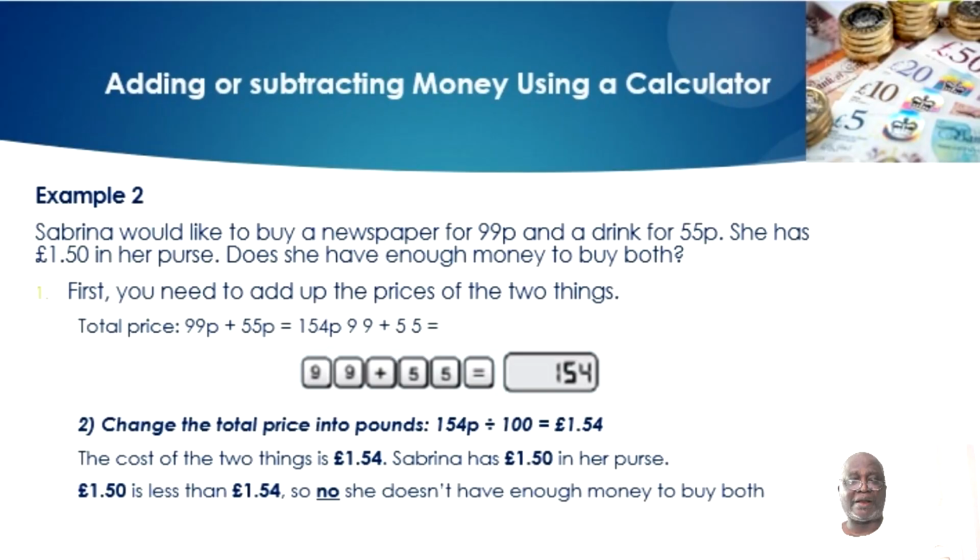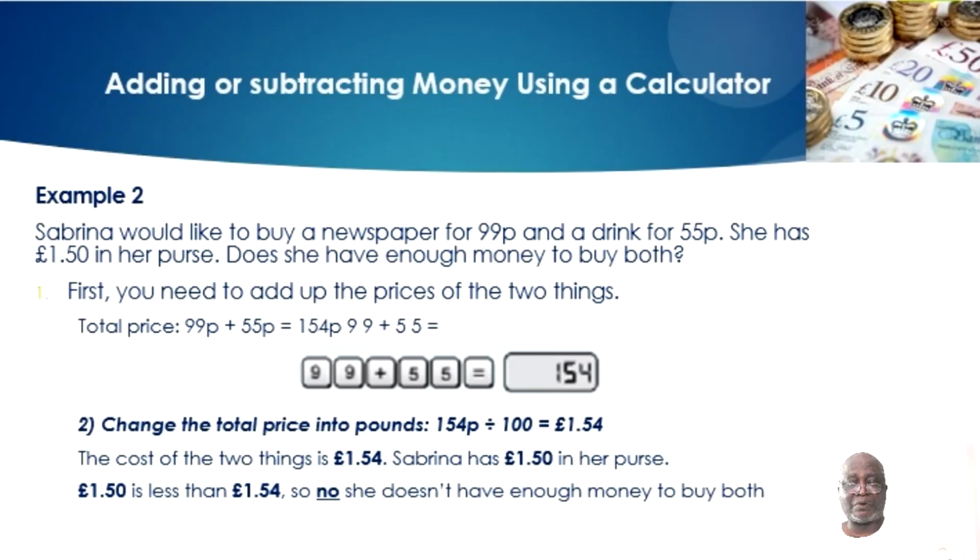Example 2 on adding and subtracting money using a calculator. Sabrina would like to buy a newspaper for 99p and a drink for 55p. She has £1.50. Does she have enough money to buy both? First, you need to add up the prices of the items. 99p plus 55p equals 154p, which is in your calculator. So your answer is